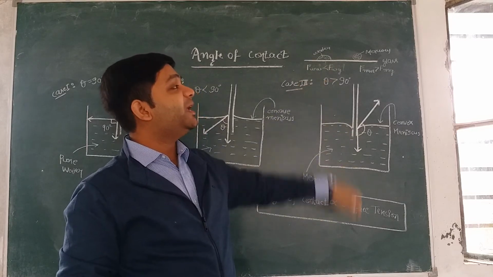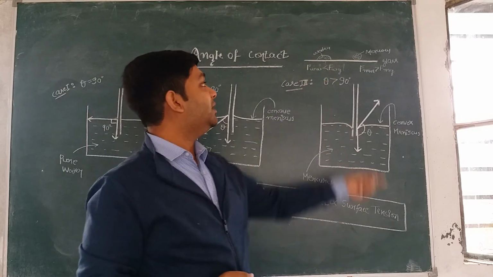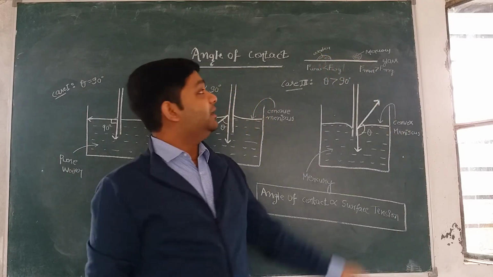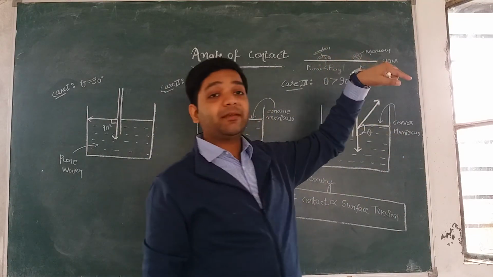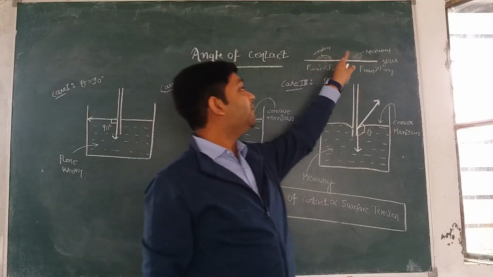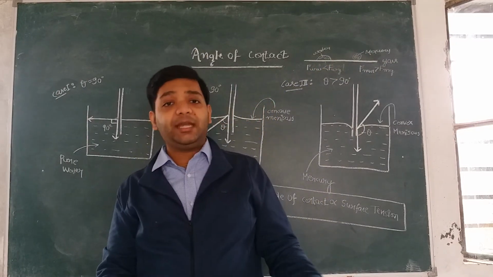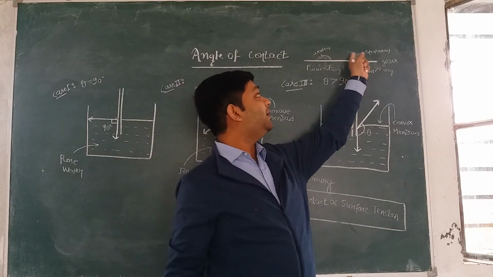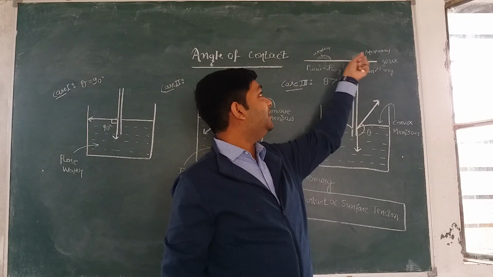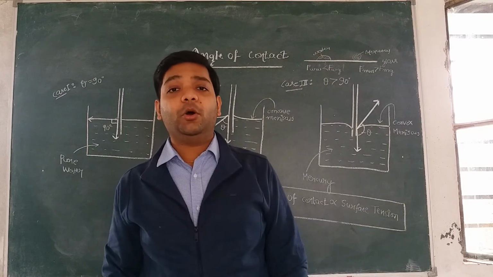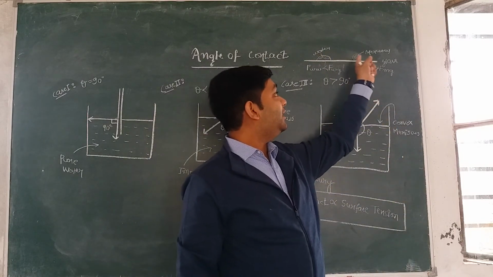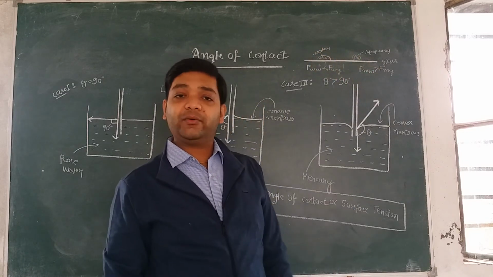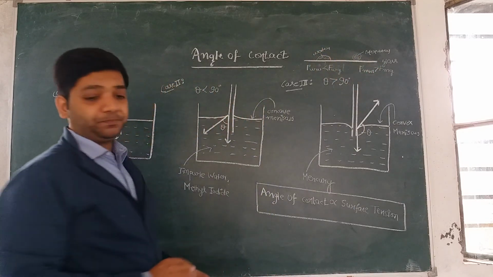It can also be explained on the basis of surface tension. The surface tension of mercury is greater than the surface tension of water. Since the surface tension of mercury is greater, the force between mercury molecules is greater than the force between water molecules. And this is the reason why a mercury drop is spherical in shape and a water drop is not. So that's why mercury does not wet the glass while water wets the glass, right? This is the reason behind it.